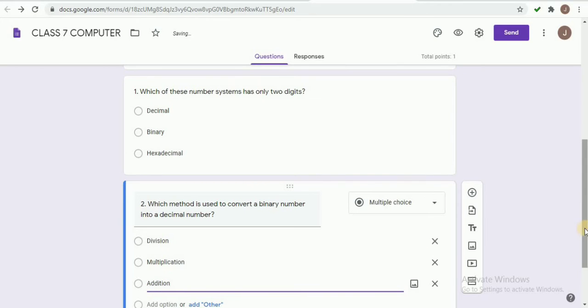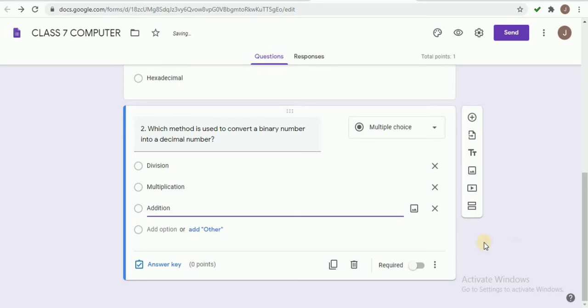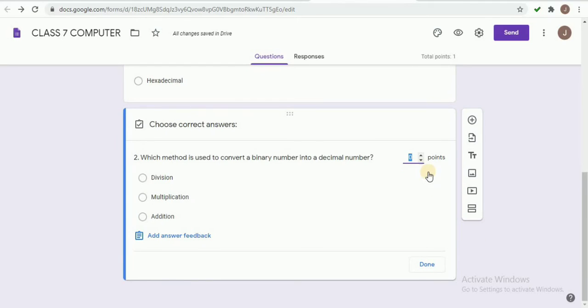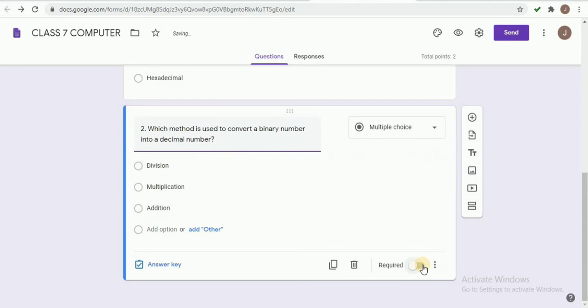Like the previous question, you have to give marks for this question, so I am clicking answer key and assigning marks 1. Then I am selecting the correct option, multiplication, and pressing this done button.